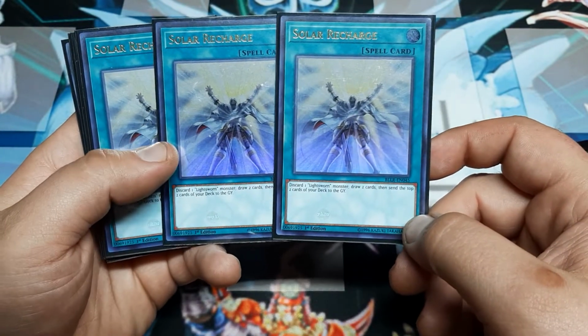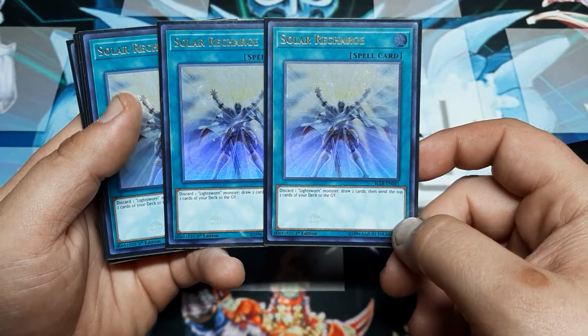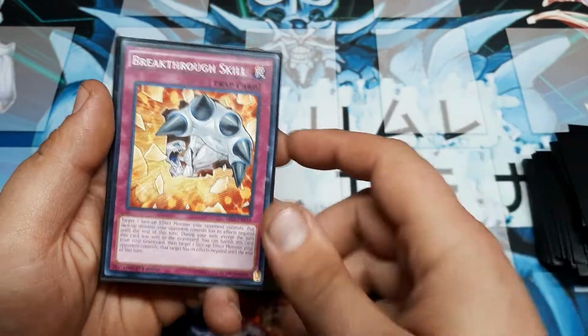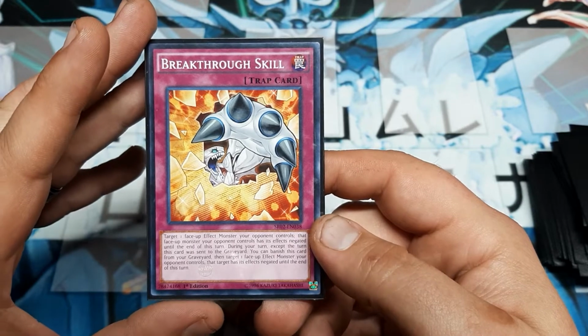Triple Recharge. Again, we want to maximize this. Discard a Lightsworn, which could again be Twilight Sword. Draw 2, then mill 2. And then again, the breakthrough skill. So what made this so important to me wasn't just that I played this in my Jinzo build many, many